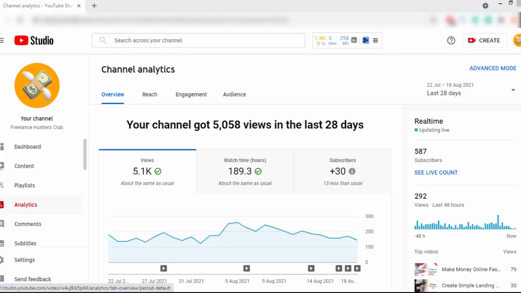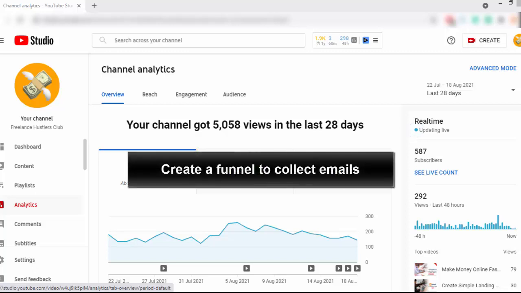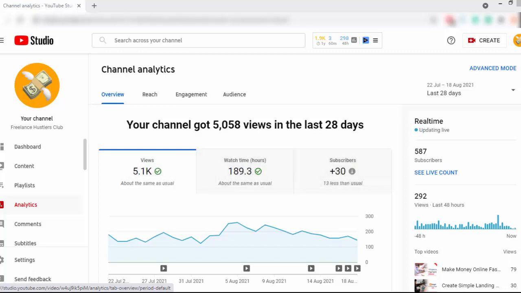The second thing you must consider is creating a funnel to collect emails. If you just create a simple landing page and send Facebook ad traffic to that landing page, you will not be able to collect the emails of visitors who visit it. The downside is, if you don't collect those emails, you will not be able to target those people again and again. That means you just waste your money, because you only allow those visitors to come to your